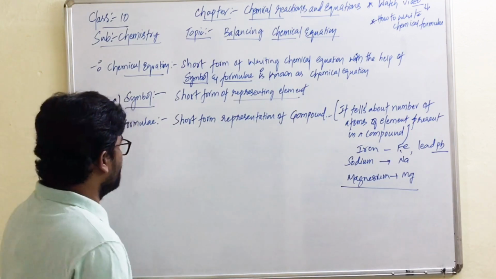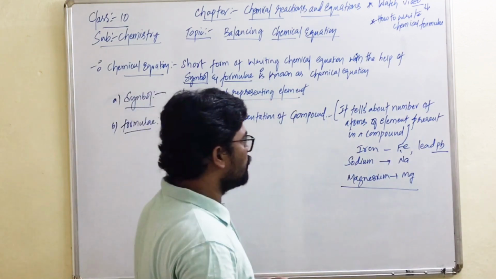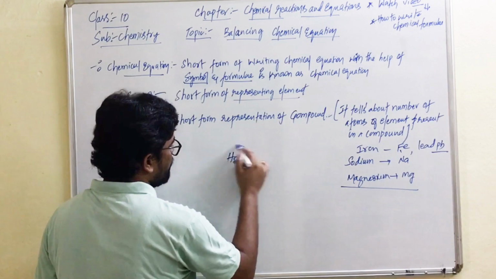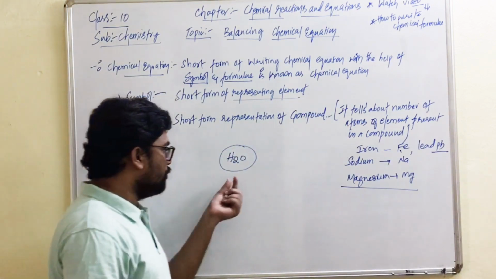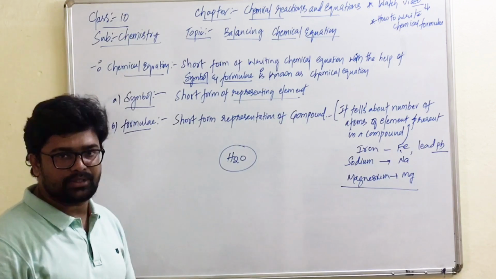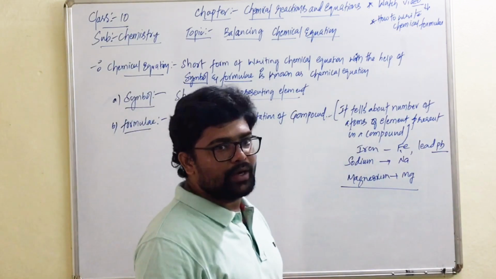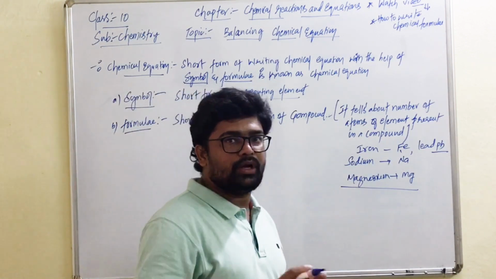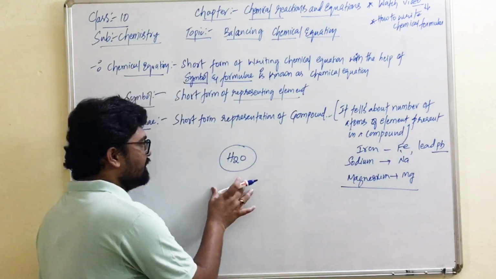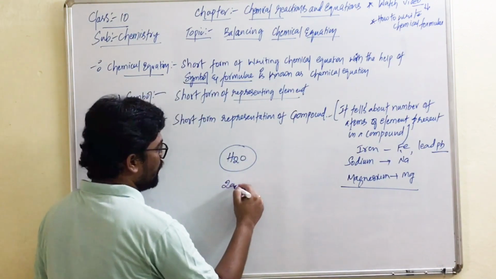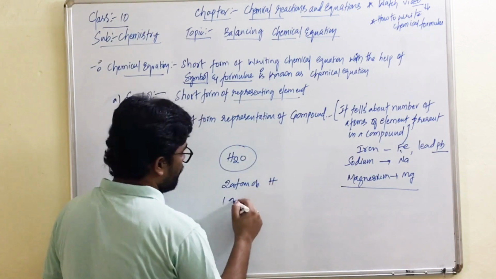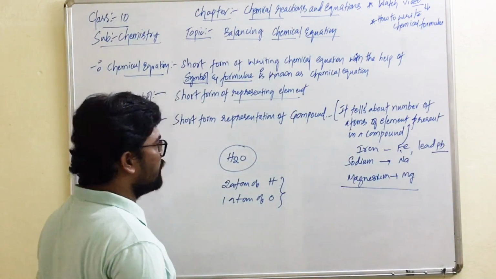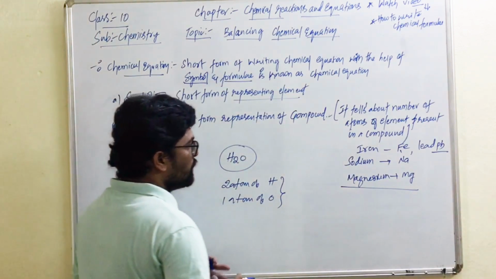The next one is formula. What is a formula? It is a short form representation of a compound. For example, H2O is a compound. Why? Because it is formed by the combination of different types of atoms. If it forms with the same type of atoms, we call it a molecule, where the characteristic properties of atoms before and after combining remain the same. Whereas here, in the formation of a water molecule, there are 2 atoms of hydrogen and 1 atom of oxygen. Here there is a combination of different types of atoms, and we call this a compound. Is it clear for everyone?